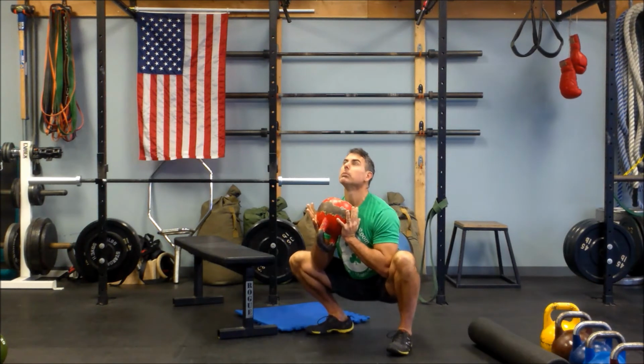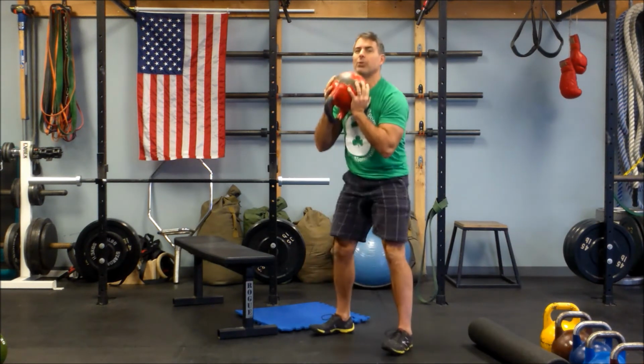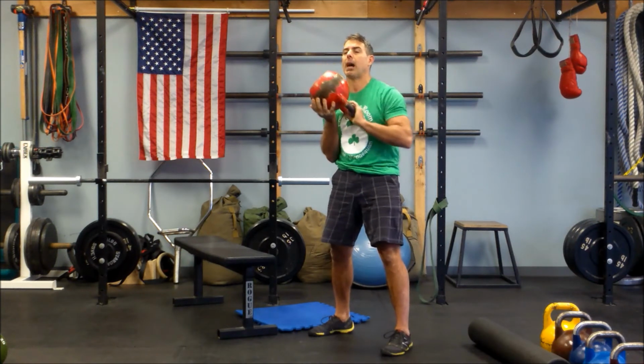Open up those hips. Focus on staying tall, expanding, and then driving straight up. Maybe I do that twice. Contract the glutes at the top. From there,